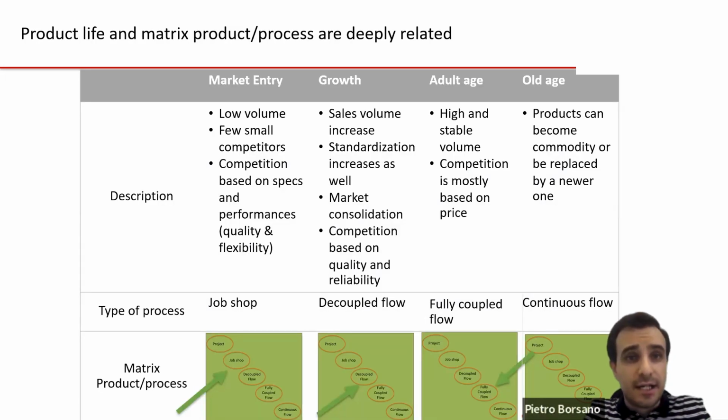Life cycle is tied to the business strategy, but life cycle is also tied to the business processes, the operational processes which we adopt in the company. So here you can find how we can combine different business processes with the four prime ages of a life cycle: the childhood or market entry, the growth stage, the adulthood or maturity, and then the old stage, which eventually will lead to the discontinuation of a product.